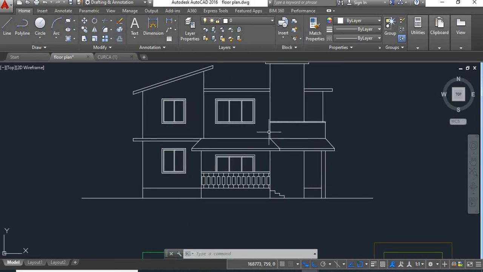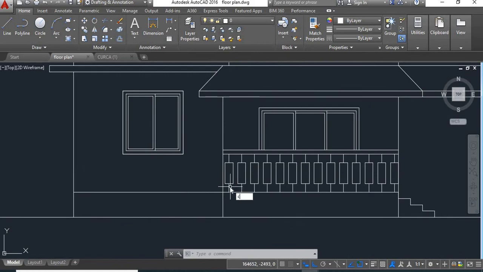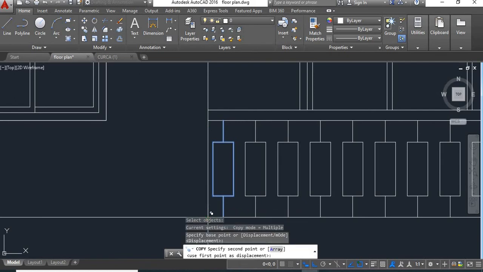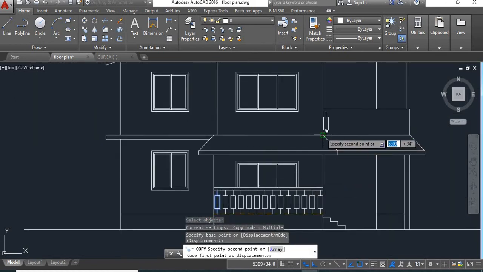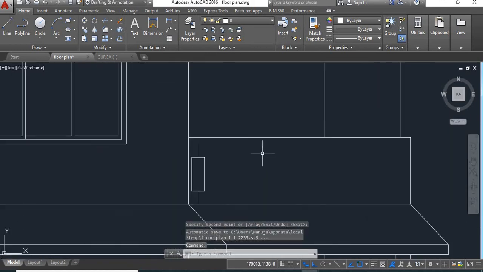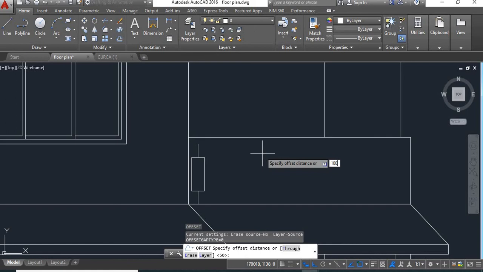Now we'll show the railings for this open terrace. So we'll copy one panel from this railing, take this as a base point and click it here. Here you give offset of 100 from top.